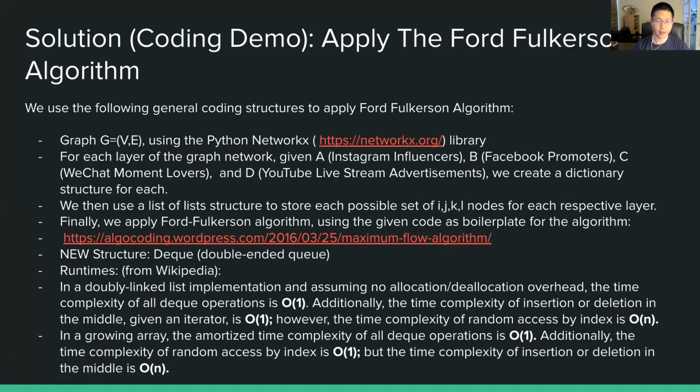It's basically a doubly linked list implementation. There's no allocation, deallocation overhead, which means you don't have to worry about runtime with more allocation, deallocation. The complexity of all operations, lookup, insert, delete, search, is O(1). And if you use an iterator or you try to insert and delete in the middle, it's also O(1). However, random access, which actually gets into a bit of the ROC here, basically randomly accessing a point in the queue, is O(n), because in the worst case, you have to search through all the items in the queue or in the deque.